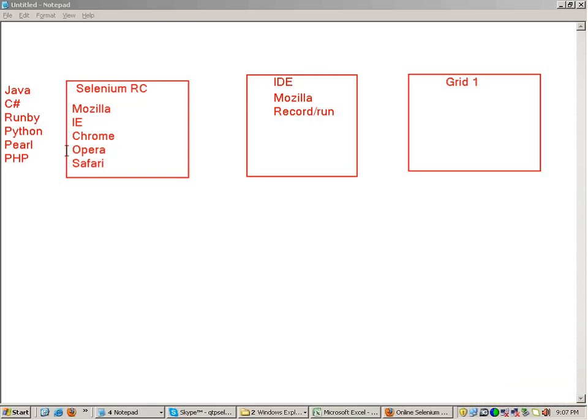The languages you need to learn are independent of the language in which the site is made. Suppose the website is made in C#, you can use Selenium with Java, Ruby, Python, C#, any language to automate the website.